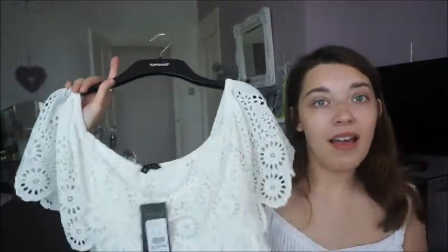I picked this up in a size UK 12, and this one was supposed to be £30, and again this was £14. It's like a ridiculous sale, ridiculous. There's absolutely nothing wrong with it. It looks amazing. It looks like Topshop or something like that. It looks absolutely lovely. So I'm going to try and wear this maybe within the next few days,